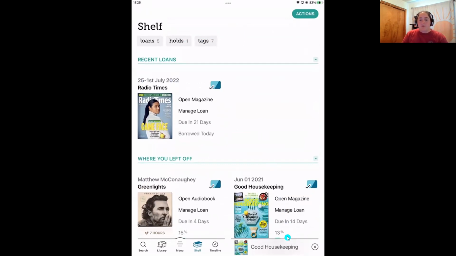The first thing I'm going to point out in that navigation bar is the Good Housekeeping Now Reading bar. So this reading bar gives you easy access to the very last ebook, audiobook, or magazine that you had open. So anytime you see that, you can just tap on it. It's going to open up your reading material right back to the last spot that you were looking at. I'm going to dismiss this here for now by tapping that X,